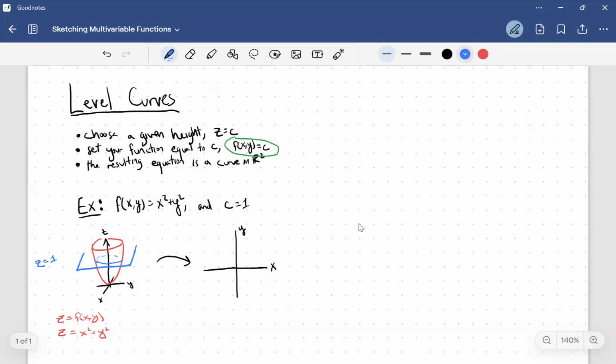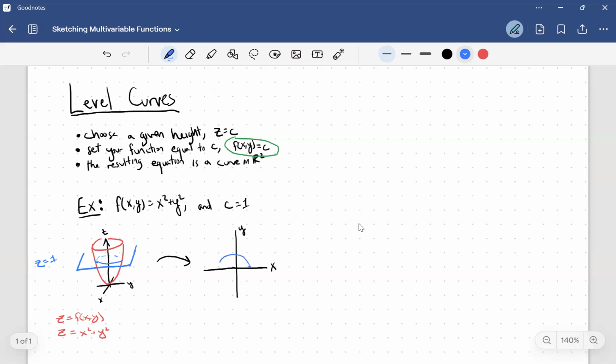The curve that we get is the set of all points where z is equal to 1 and the set of all points where z is equal to x squared plus y squared. In other words, the set of all points where x squared plus y squared is equal to 1. And if we wanted to pull this plane out and look at it just as a subset of the xy plane, so here I'm picturing that entire blue plane has been pulled out and just laid flat on the xy plane, then the curve we get, the intersection, is just going to be